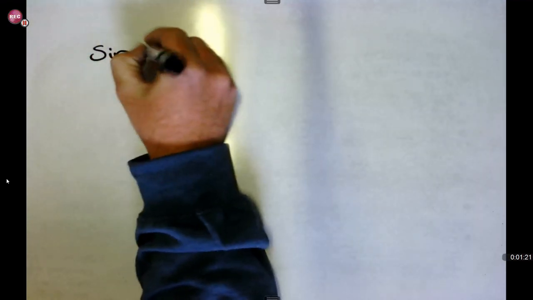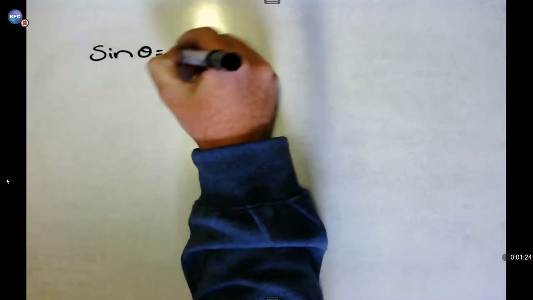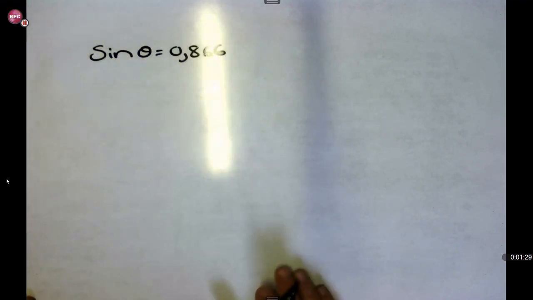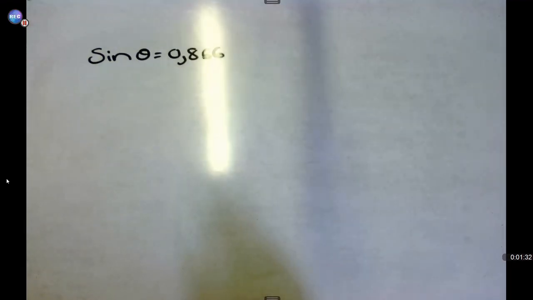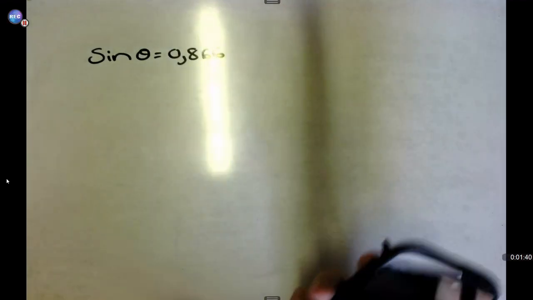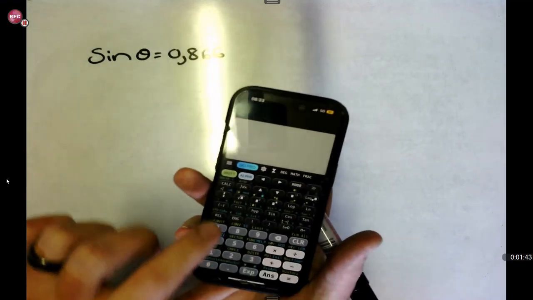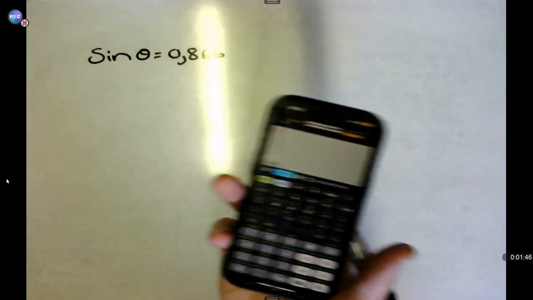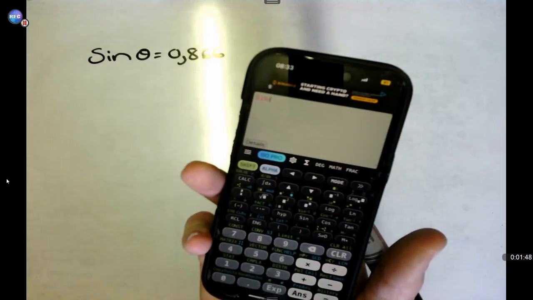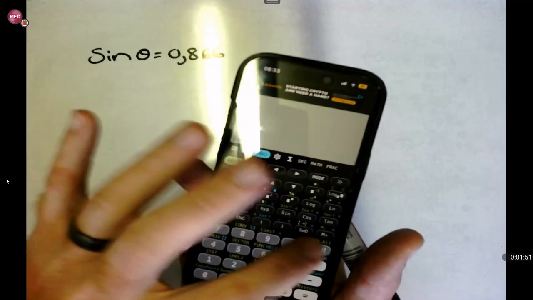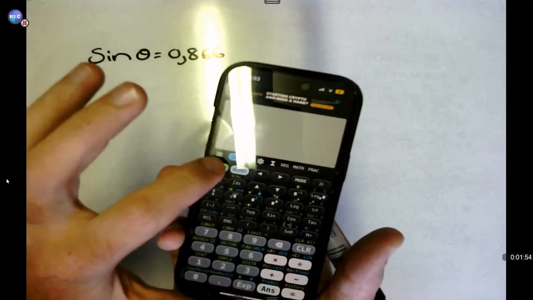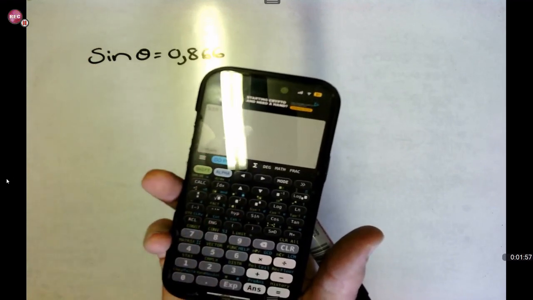So the first one that we've got here would be sine theta equals 0,866. Okay, so when we have to calculate all of this, you are going to need a calculator. I'll work on my phone here quickly. You'll see there's the normal function for sine. Let's put it in red now. You are not going to use the normal function for sine. You'll then say shift and then press sine.